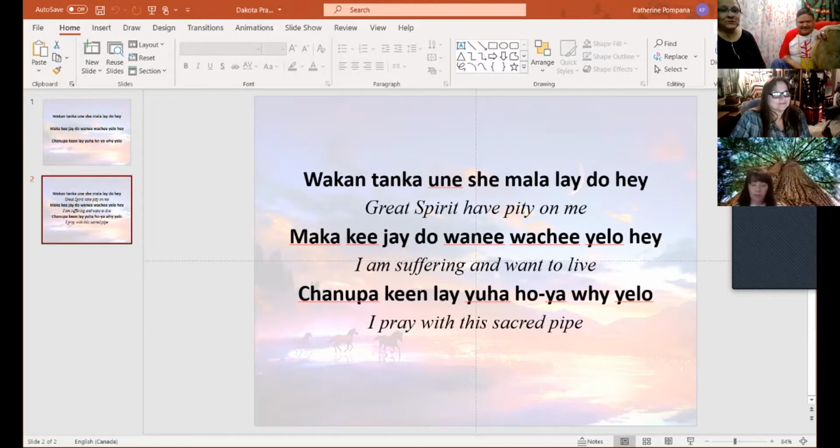But yeah, it's a very beautiful song, and I get put on the spot quite often because I'm Dakota, and a lot of people like to hear the Dakota songs. I don't know what it is about it. I guess it's just the melody, the way it comes out, it sort of flows. And a lot of people say, "Well, you're Dakota, sing us a song, right?" So I have to pull out a song and start singing, and I don't want to say no. So I try to have as many songs as I can stashed away in my brain so I can pull one out.